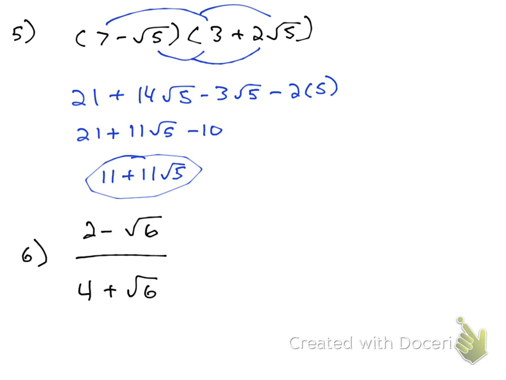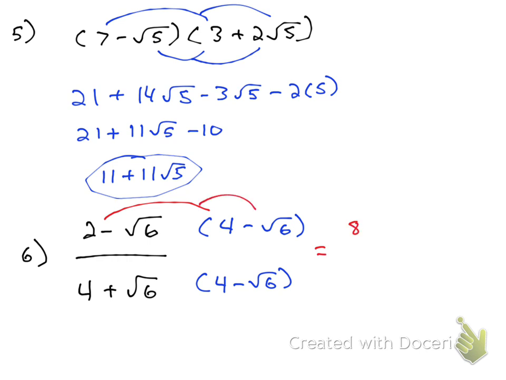Number 6, what do we need to multiply by? The reciprocal, or whatever it's called. The conjugate. Same, but the difference. All right. First gives me 8. Outer, minus 2 square root 6. Inner, minus 4 square root 6. Last, that will be plus 6, over